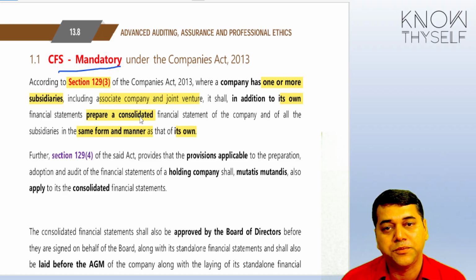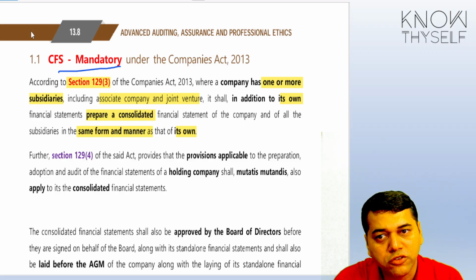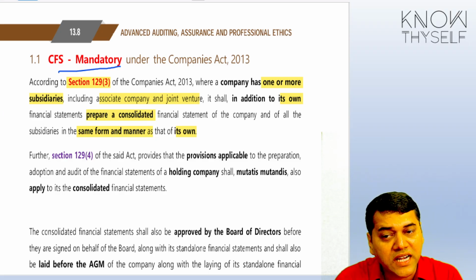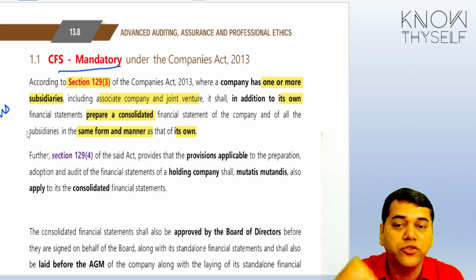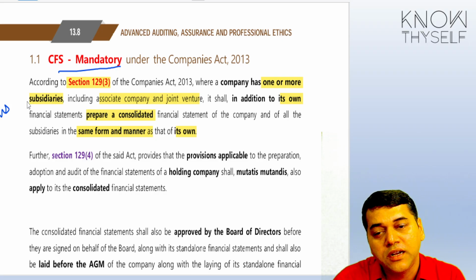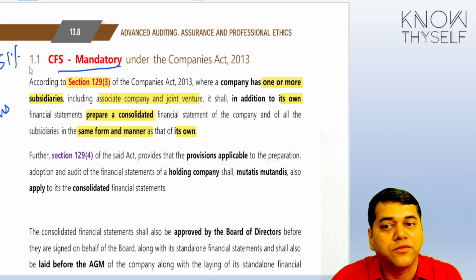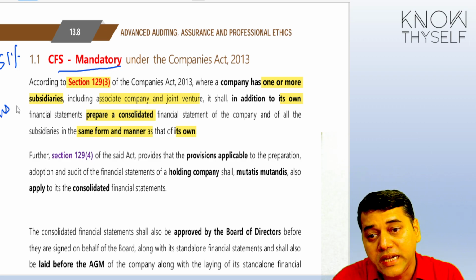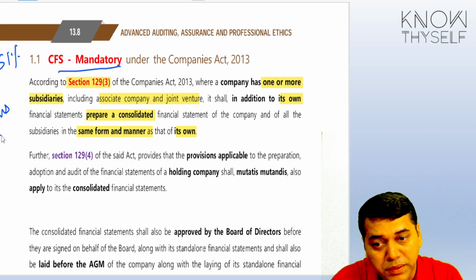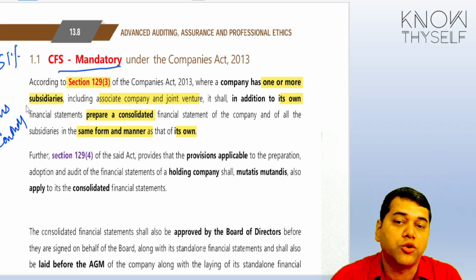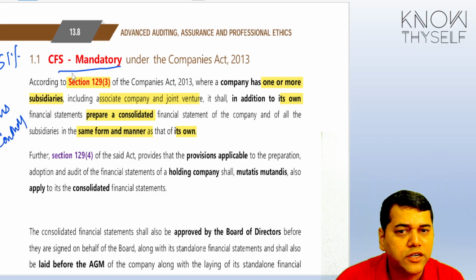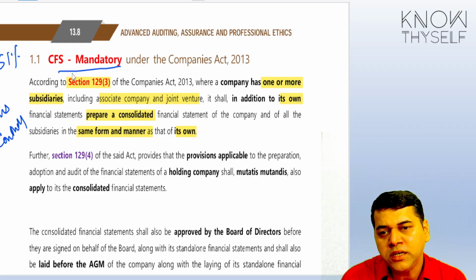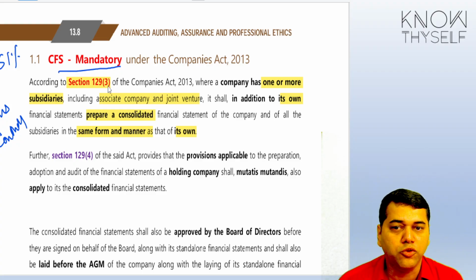Now, who is my subsidiary? Who is going to define it? The Companies Act may also define it, but accounting standards or Ind AS specifically define who your subsidiary is, because the accounting standard talks from the perspective of rules, 51% of the voting rights. But Ind AS talks about the principle that you have got control. Anyhow, we need not get into it. Now, the moment you have acquired control, yes, you may have to prepare.